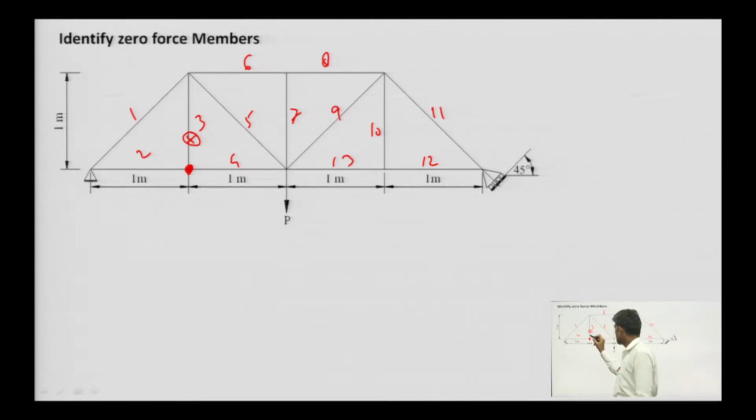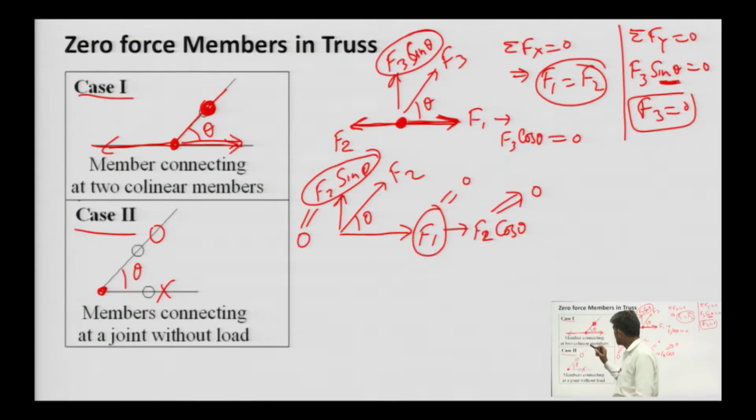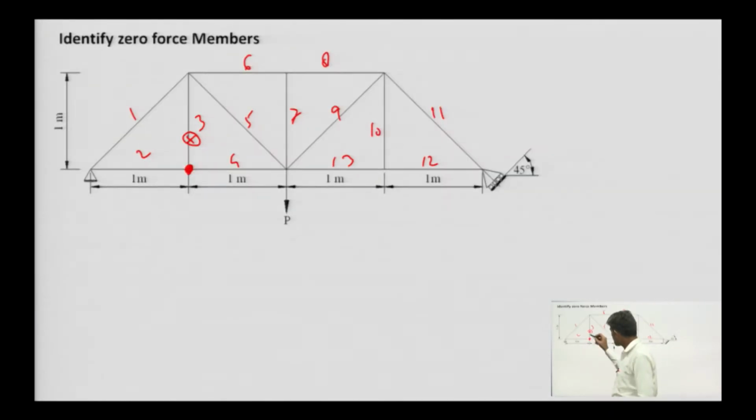Whatsoever the angle, 90 or theta, it does not matter, because we have seen here the angle theta. Okay. If it is 90 degrees, then visually we can observe that the value will be 0, but if it is inclined at any other angle, then the force will be 0, right. So, member 3 will not have any